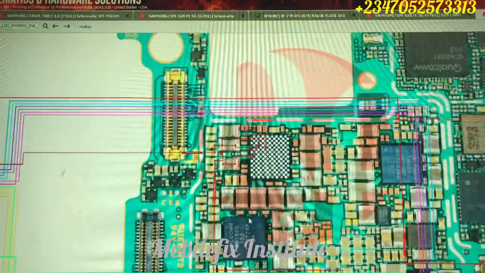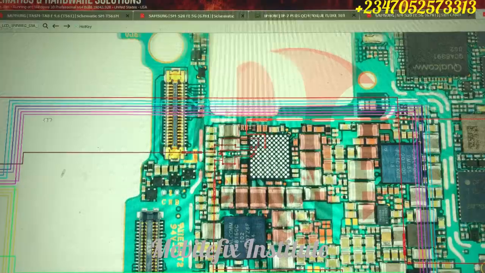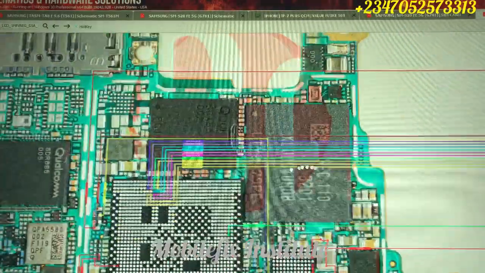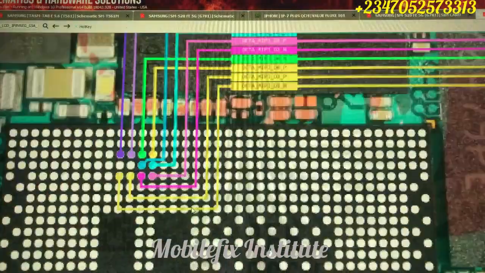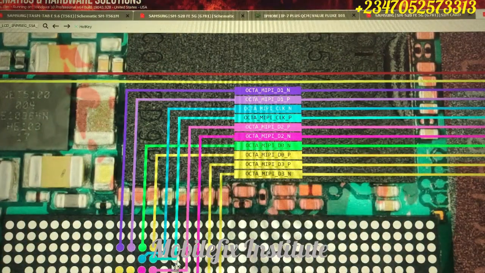Now you will test this on diode readings to see if these lines are connected, and all of these lines are connected to our CPU, so they should not be open. If one line is giving you 300 millivolts, the rest of the lines should also give you 300 millivolts. Some may give you 298, it's still okay. Some may give you 301 or 302, it's still okay. But if one line gives you 400 or 500 or 150,